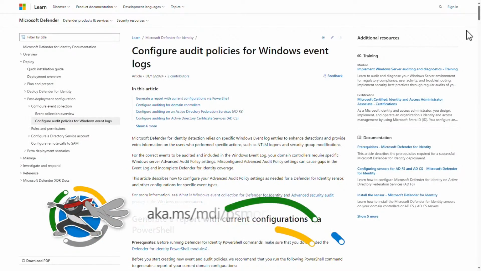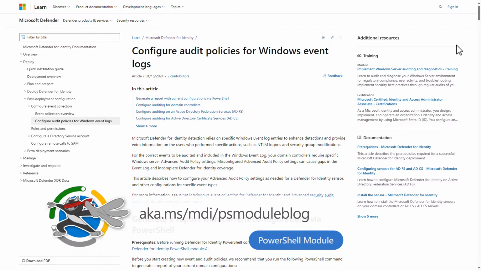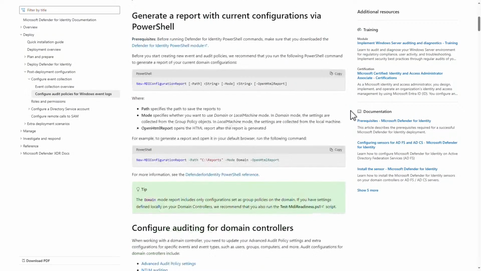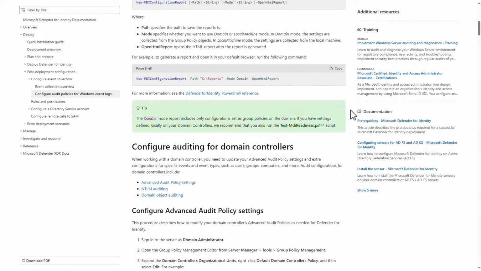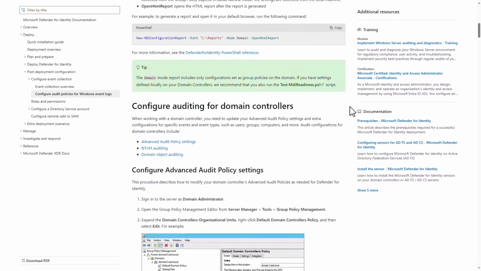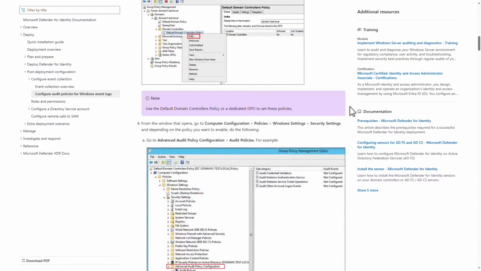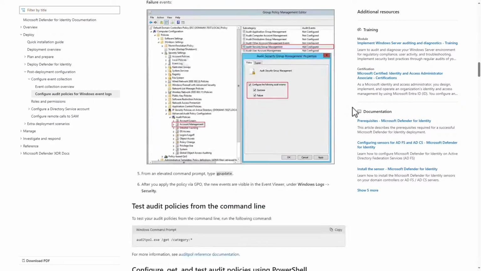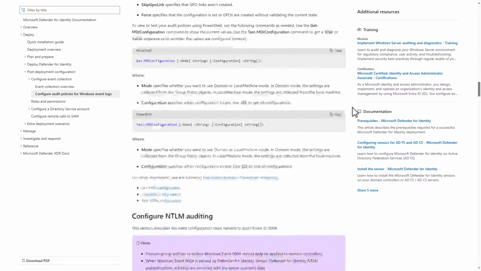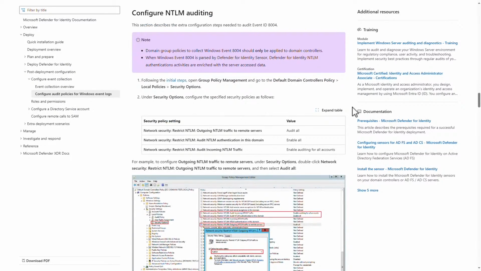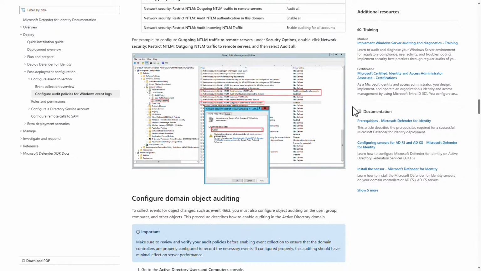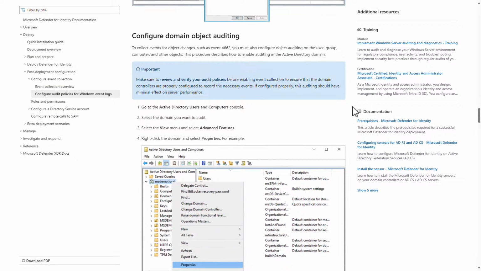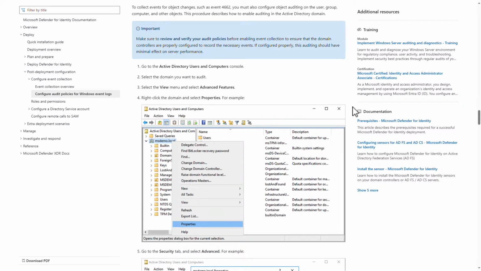So if you can see my screen now, this is one of the documentation pages, and this is a very, very long doc that, if I scroll down, you would see we actually included now the examples for the PowerShell command. But if I scroll down, you would see the instructions on how to do these things manually. And if I continue to scroll, you see that this is a very, very long document. The problem was that customers were not following this document very well, and sometimes they missed the instructions, and they would give too many permissions or give too many configurations for auditing